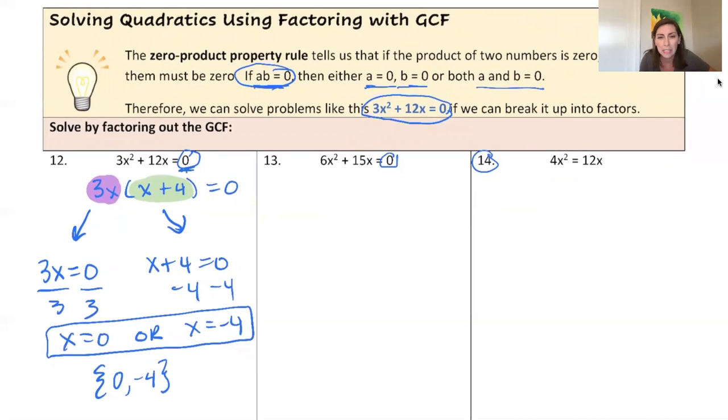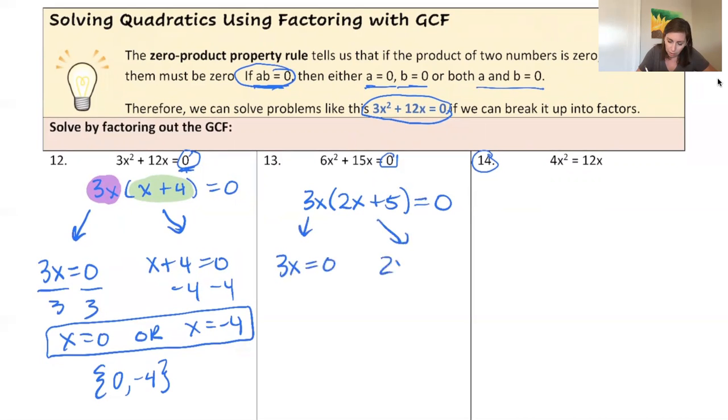All right, for number 13, looks like a 3 and an x would factor out, leaving me with a 2x and a 5. All right, again, like the first one, set each of the factors equal to 0 and then solve for x and see what would make that 0. Divide both sides by 3, subtract 5,